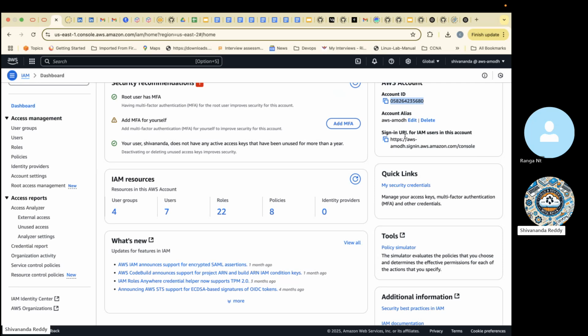So if I created a user with the name Ranga, then only that Ranga is present. I cannot create another user with Ranga. It won't allow it to be created. But what I can do is change the initial, add something else, but it should not be identical. It should not be the same. Understood?